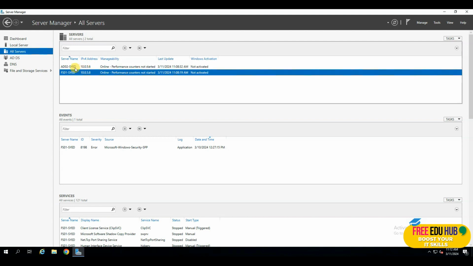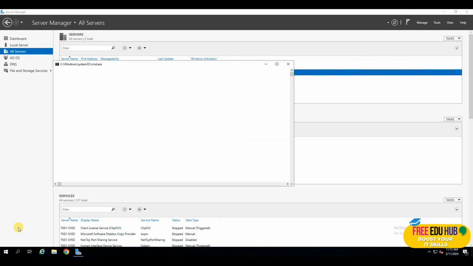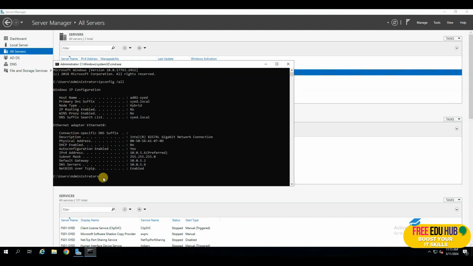Now as you can see, the IP addresses and the rest of the things are mentioned over here: our Active Directory has the IP address 10.0.5.6, whereas our file server has the IP address 10.0.5.8. Just to show you as an example, if I go to the command prompt on this server and type ipconfig /all, it would show me